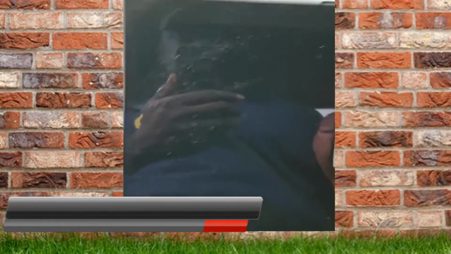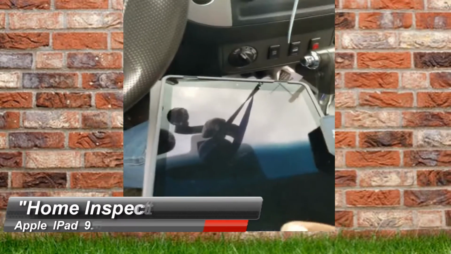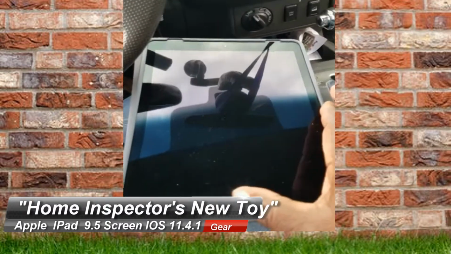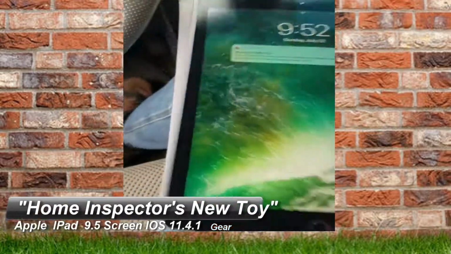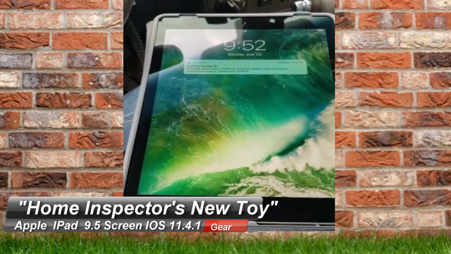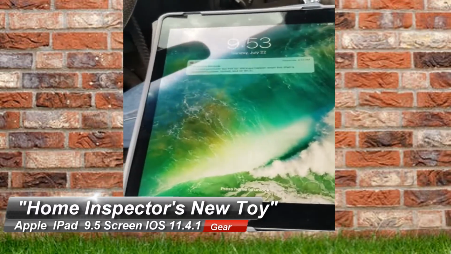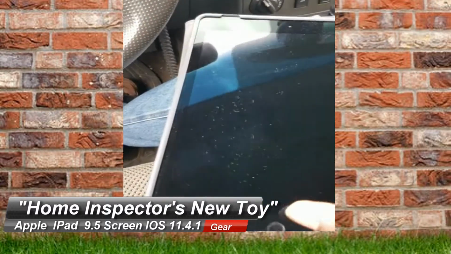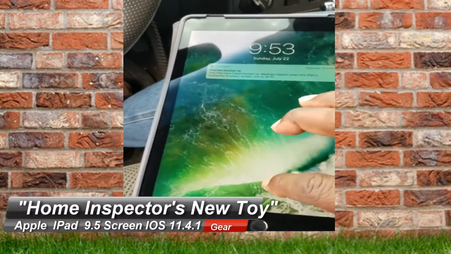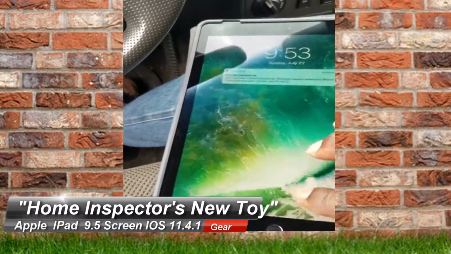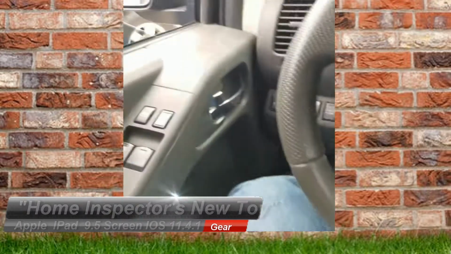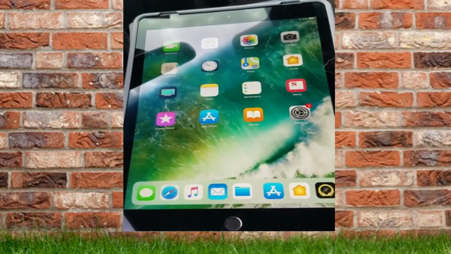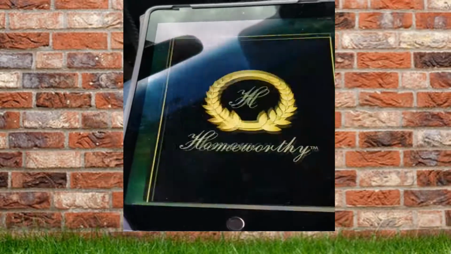And okay, here we go, folks. I just want to let you know, today's a special treat. So real quick, I am, for the first time, using my new iPad that I got. Normally, I use a Samsung Android, but this time I want to try it with iOS and see for myself the differences. So let's go ahead and see if we can do that. I'm not showing you my passcode. I'll get over that. Anyways, so what we'll do is we'll go here to Homeworthy,